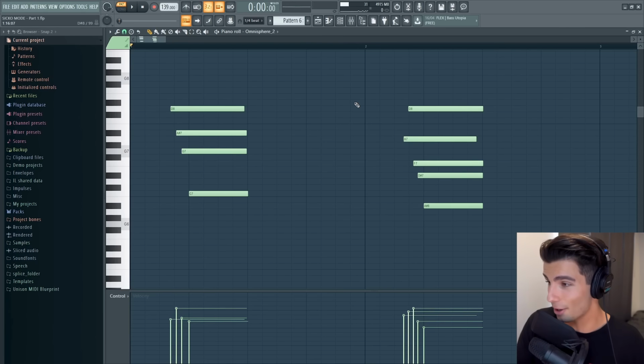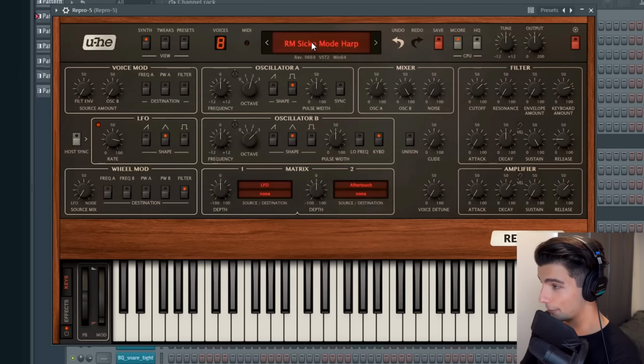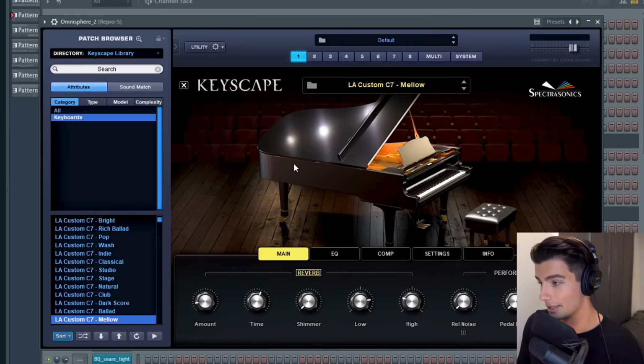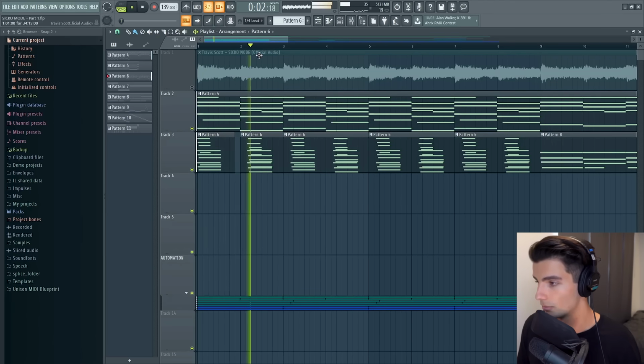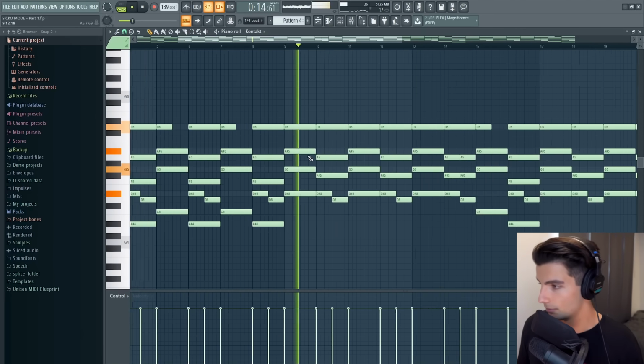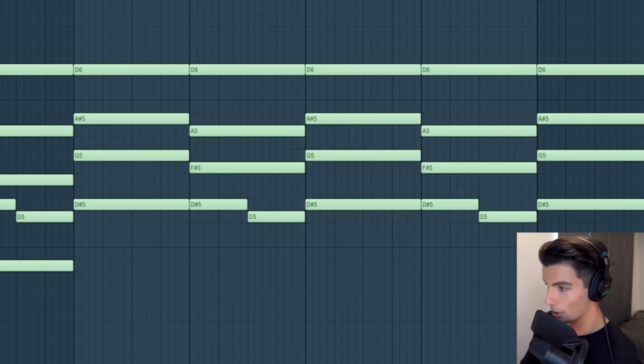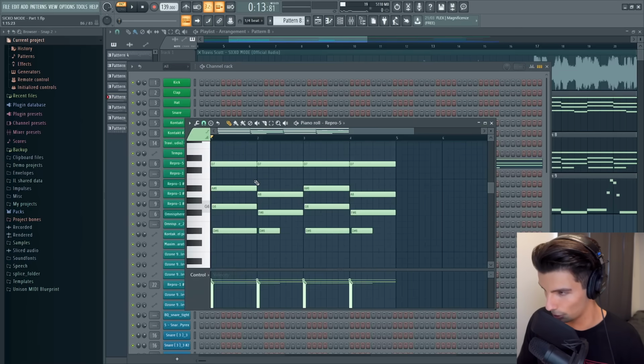Then we have this really soft piano and harp sound that you hear in the song. Another really good preset from Reverb Machine, and we're also using this grand piano that you can find inside of Keyscape. So altogether it sounds like this. This plays for 8 bars and then it switches up. That's the chord progression from Kontakt, and the harp is playing the same chord progression.